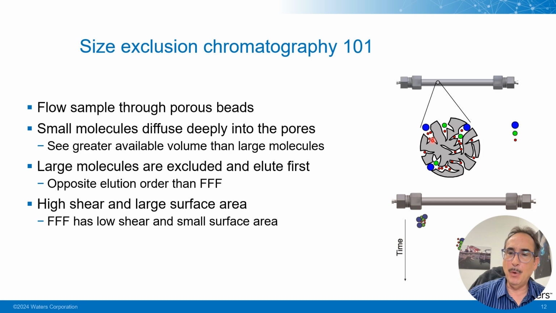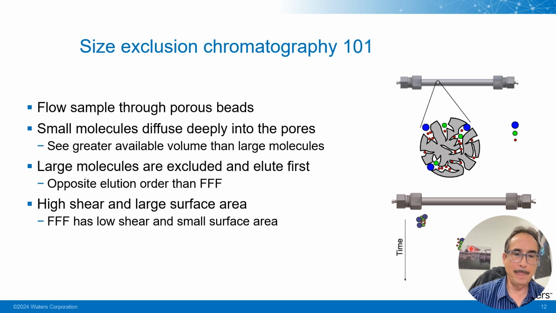So from the point of view of the small molecules, they see a larger available volume inside this column because they can access all of the small pores and the big ones cannot. So the net result is, if I look at the transition down the channel, they start out co-mixed, and then as they move downstream, they separate, and now the big ones come out first, which is the opposite elution order